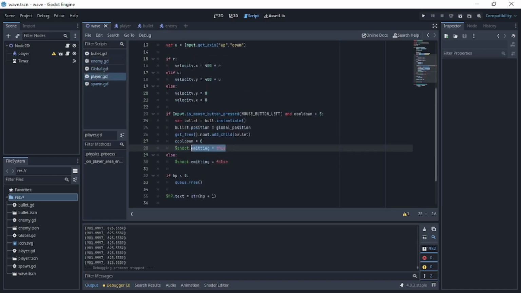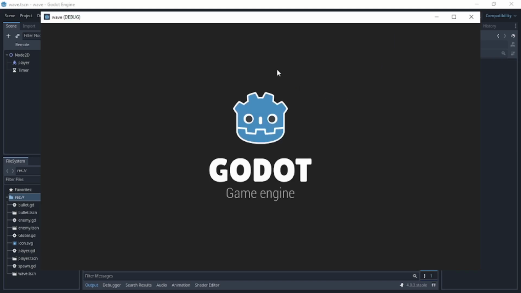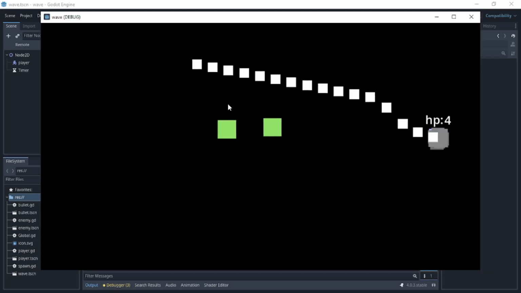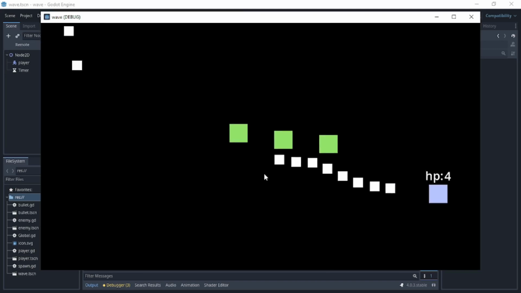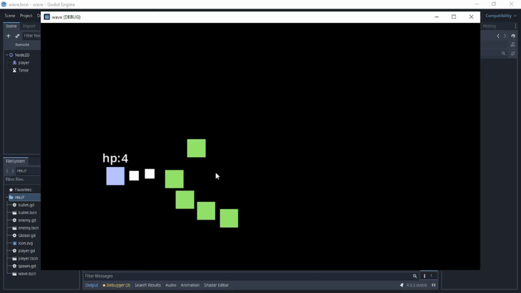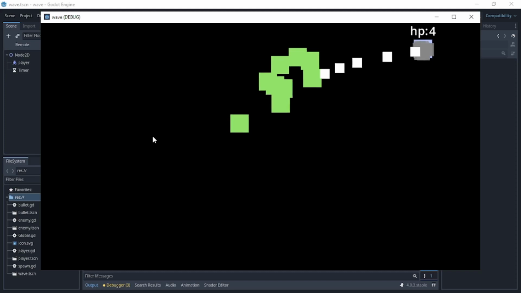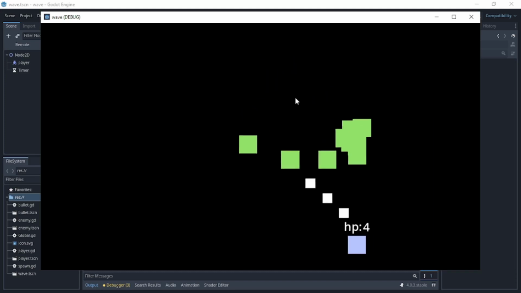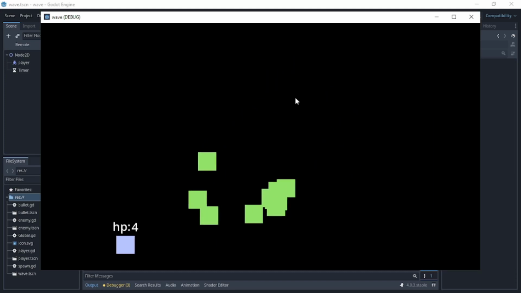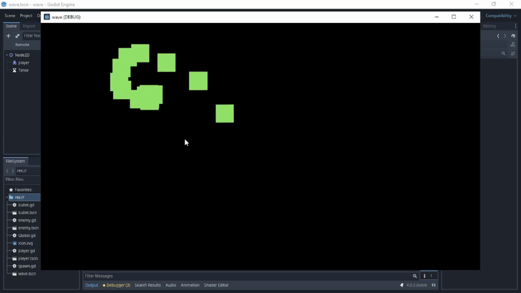So we can change this shoot.emitting equals true to shoot.restart, which basically restarts it. Now it makes it look more like the player shooting. See that there's the problem. So that when we shoot the particles,